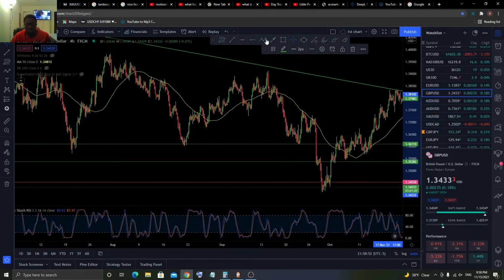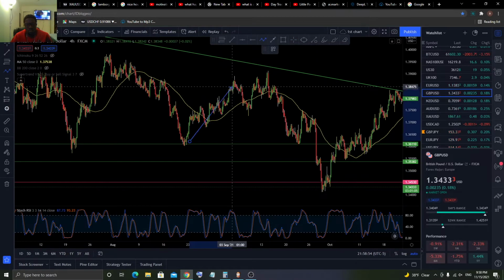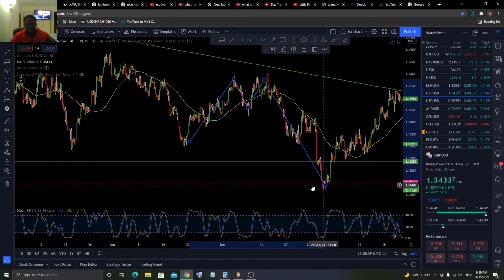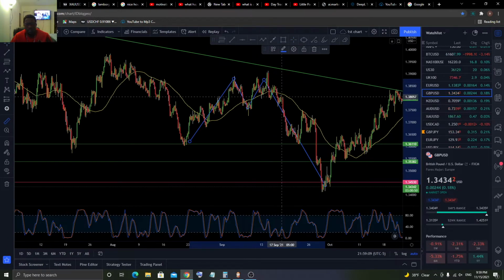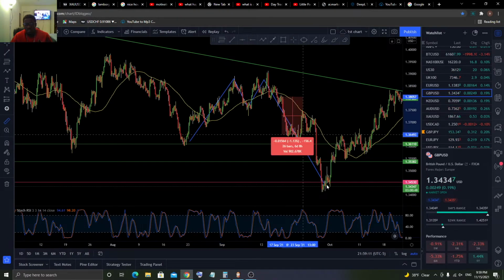This was the double top that I was talking about. Look at how nice this was. Price kicked me out right here, and I get my entry. I get another entry here. I was in the trade here. If I was in the trade here, look at